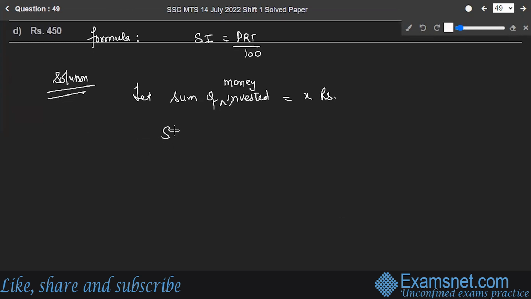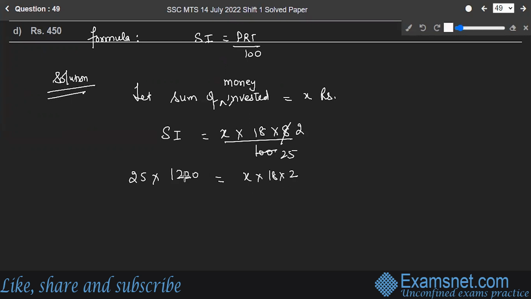So simple interest is principal, which is x, into rate, which is 18, into time, which is 8, upon 100. Simple interest was nothing but 1220. So 1220 is equal to, okay, this will cut at 2 and 25. So let's do the cross multiplication here only. 25 into, so x into 18 into 2, right? So here x will be equal to